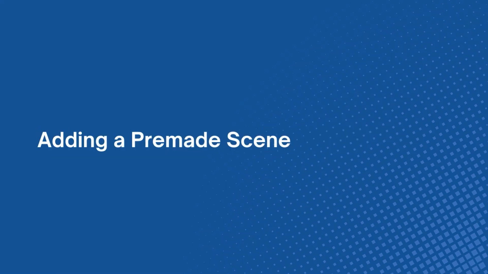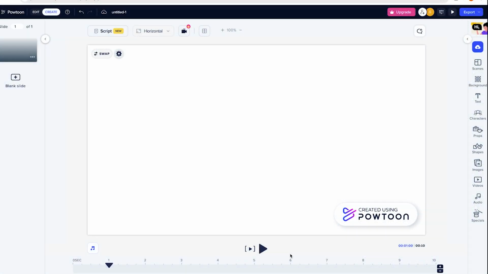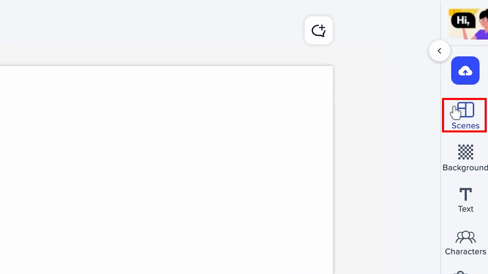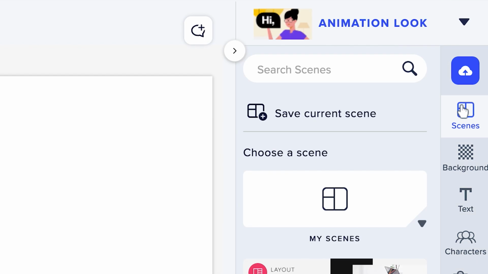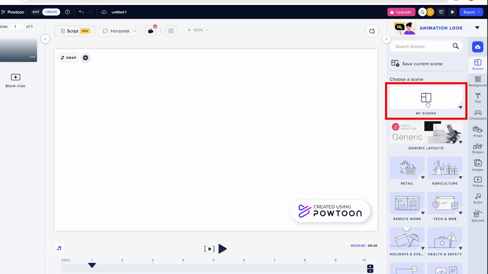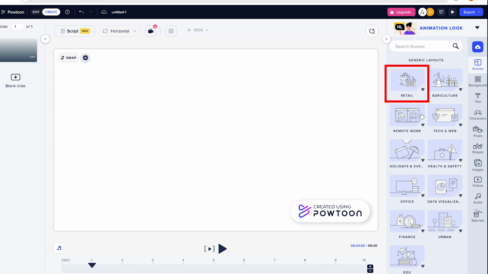Adding a pre-made scene. To add a pre-made scene, click on the Scenes button located on the right corner of the studio. You can choose from My Scenes and Generic Layouts. There are also various other scenes such as retail, agriculture, remote work, tech and web, holidays and events, health and safety, office, data visualization, finance, urban, and edu available for you to use for